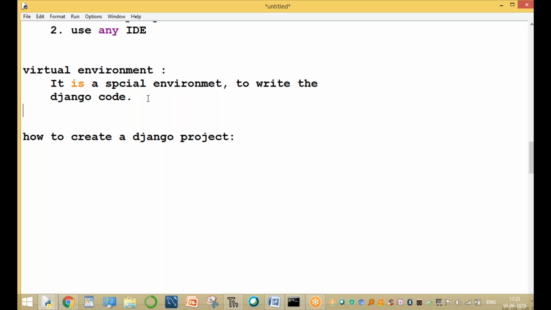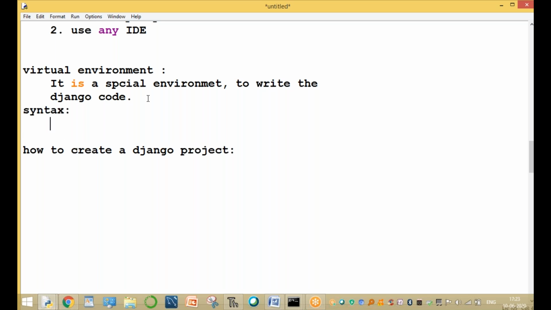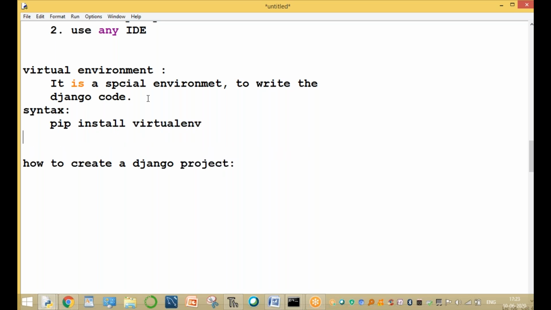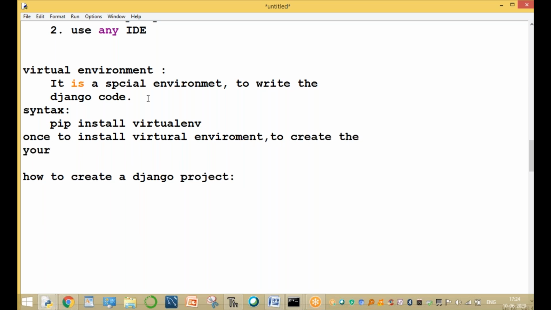First, install virtualenv. The syntax is pip install virtualenv. After installation, the virtual environment must also be installed to create your environment.